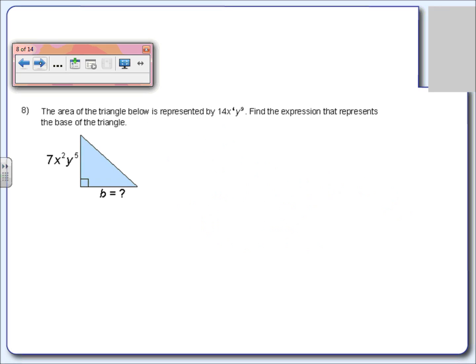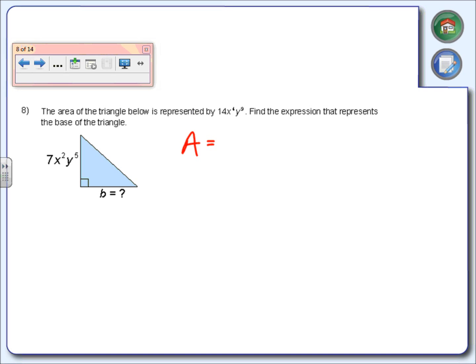All right, one last one here. Now this one right here, we got a triangle. They gave us the area of that triangle. It says it's 14x to the 4th y to the 9th. What they want us to do is find an expression that would represent the base of the triangle. Well, anybody know the formula for the area of a triangle? 1/2 base times height. That is correct. So, let's see here. We know the area. We know it's 14x to the 4th y to the 9th,